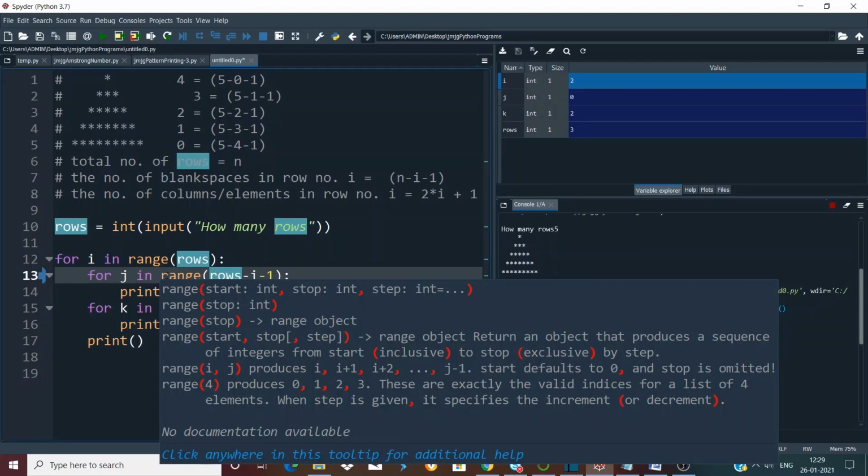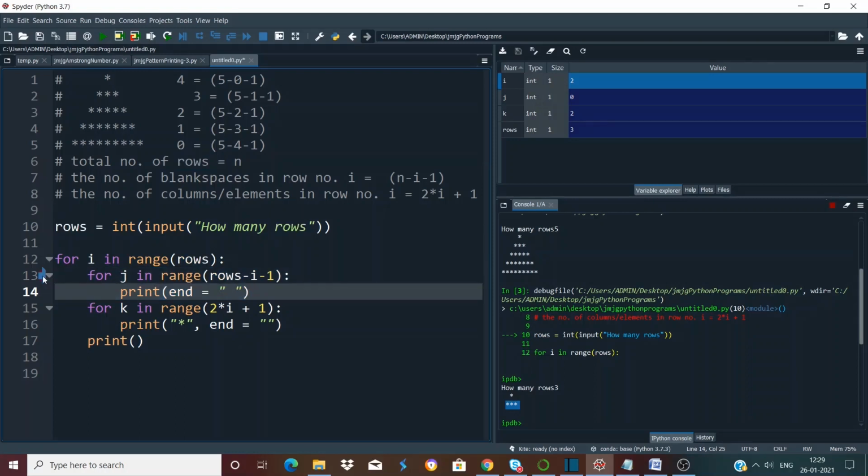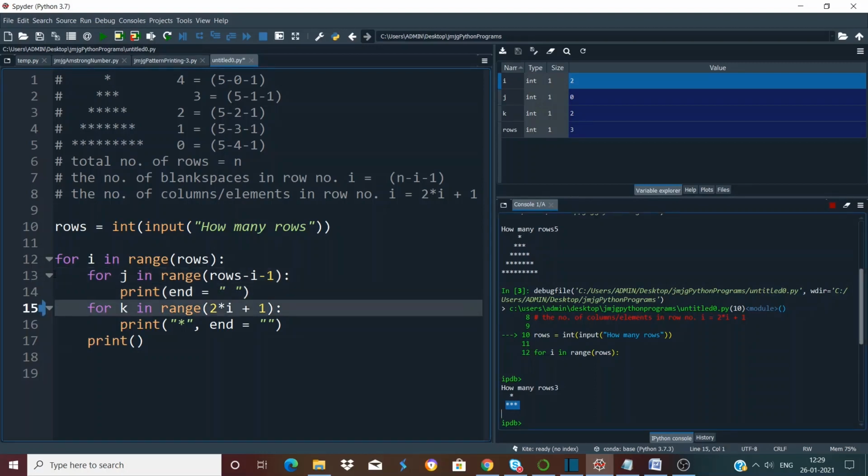And as it gives us range 0, this loop will have no iterations at all, right? So the control will not at all enter inside this loop. So from line number 13, it will directly come to line number 15. Let's press Ctrl+F10, and it comes to line number 15.